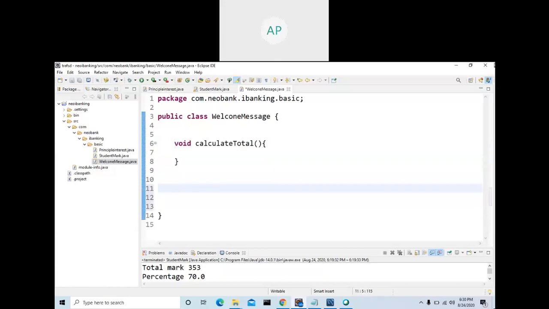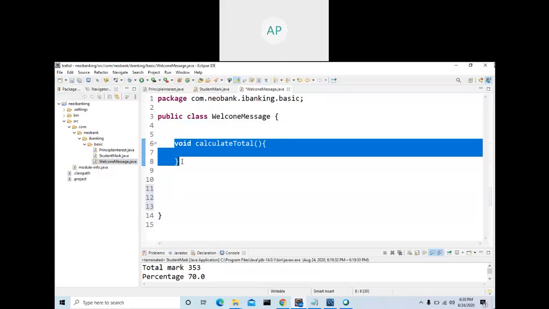A class can contain n number of methods. I will explain why a class needs to contain n number of methods. First of all, should a class need a method? No, you can create a class without any method, but it is not going to serve any purpose. So we need to write some instructions, right? Say, for example, add the marks, find the percentage, store the value to the database, send the email, send SMS. If you want to write code related to this, then you should always write it inside the method, not in the class. You should write a method inside the class.